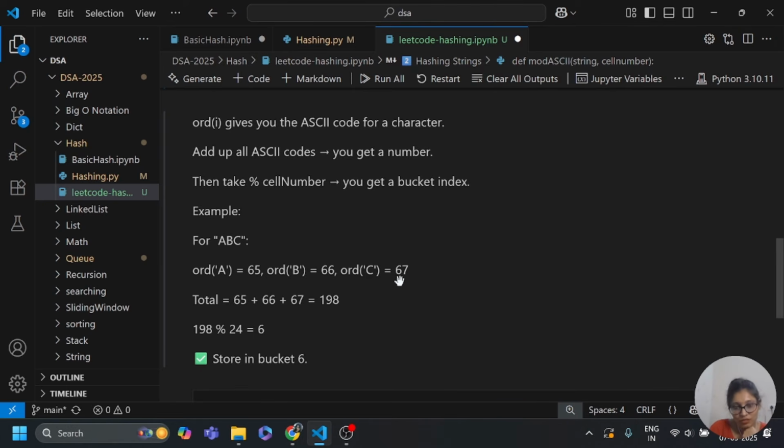Ord of c equals to 67. So total we got 65 plus 66 plus 67 equals to 198. So 198 divided by 24, we got 6. So store in bucket 6.